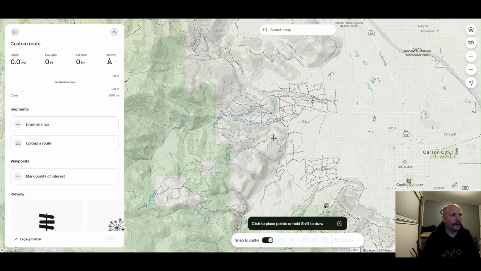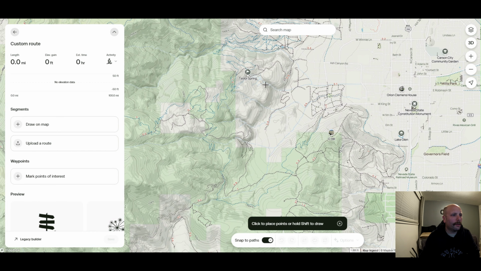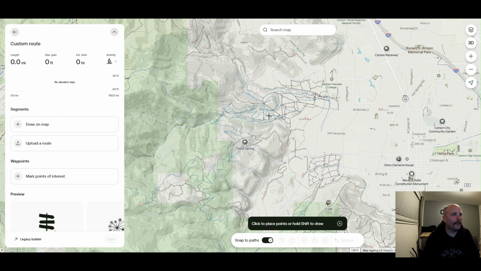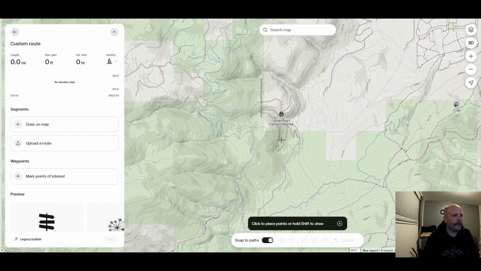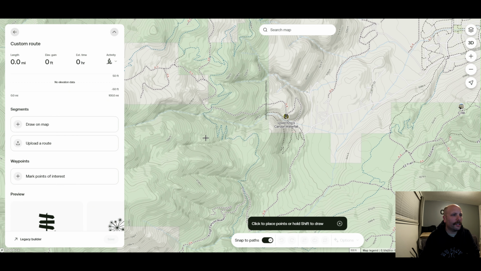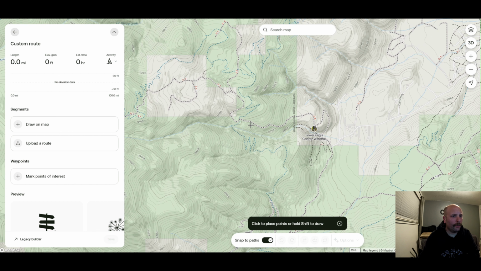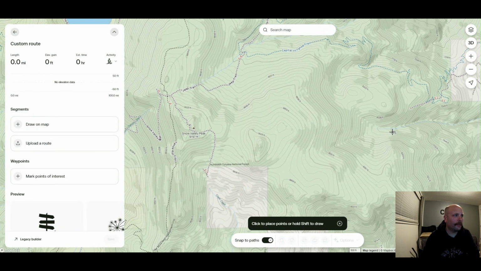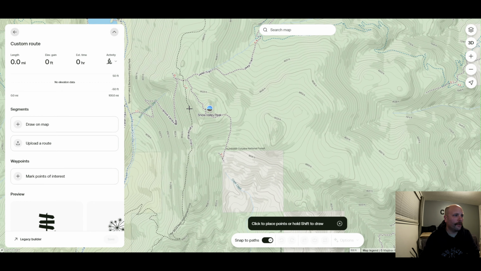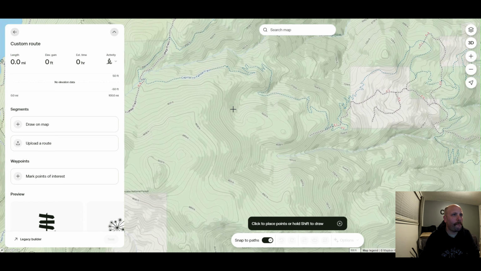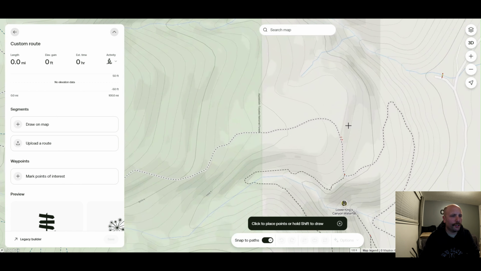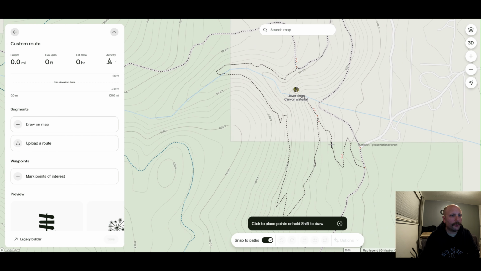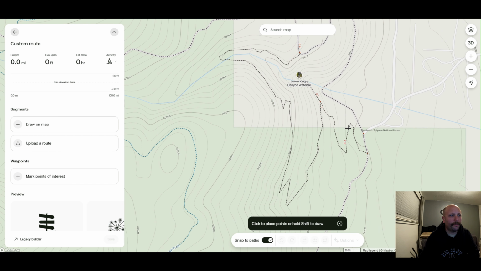Okay, so we're going to come up here to Carson area. Okay, so this is Ash Canyon right here. And over here to the south, we have Kings Canyon. So this individual wants to go from Kings Canyon to the summit right here of Snow Valley Peak. So there's multiple ways you can get there. I'm going to show the various ways, but to solve this individual's issue, I'm going to go ahead and show